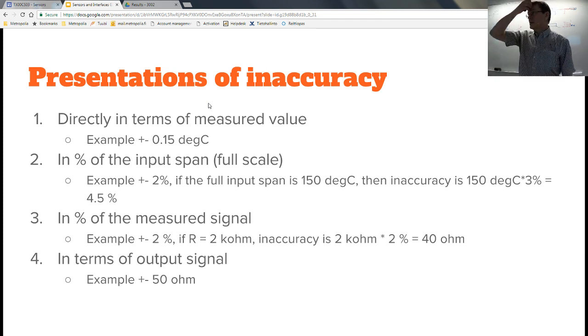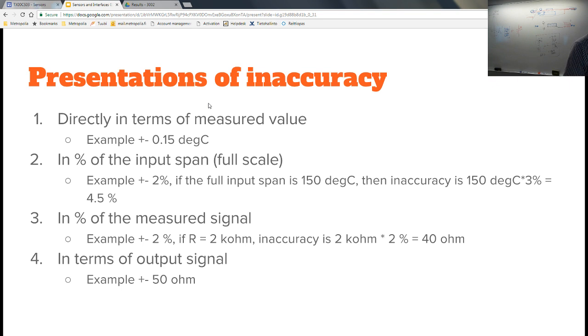The inaccuracy actually on the data sheets, if you go to the sensor data sheets, there are different ways to show them, and sometimes it's given in terms of the measured value. This is true especially for digital sensors. Those are pre-calibrated and they basically give just one number, which is the highest deviation or typical highest deviation. These usually are the Six Sigma values, the statistical values, or percent of the input span full scale,